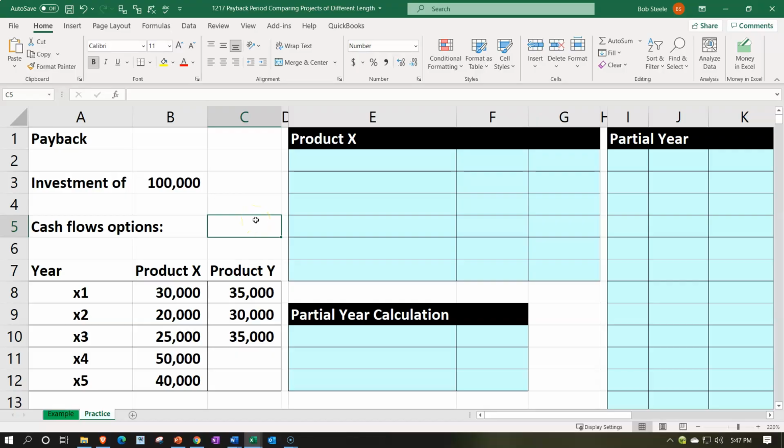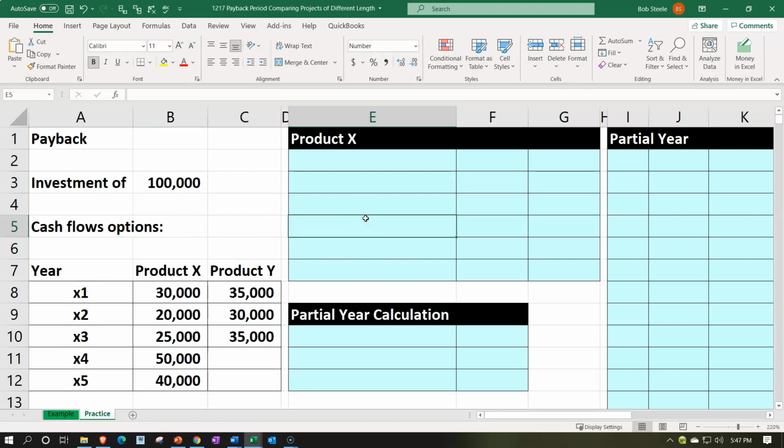Here we are in our Excel worksheet. If you have access to the Excel worksheet and would like to follow along, just note that we are in the practice tab as opposed to the example tab, the example tab in essence being an answer key. We have the information on the left-hand side, populating that information into the blue area on the right-hand side, working